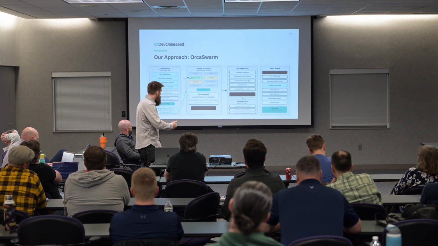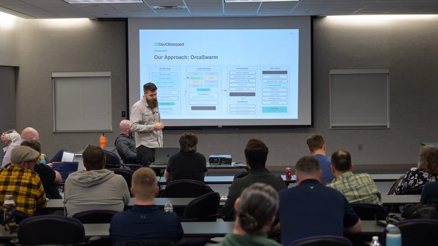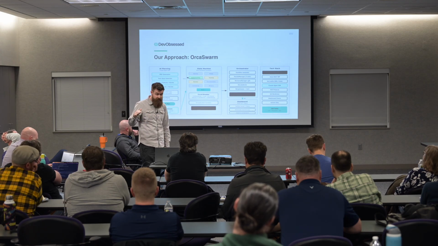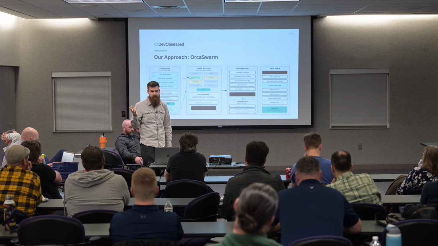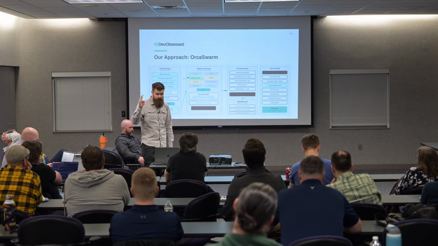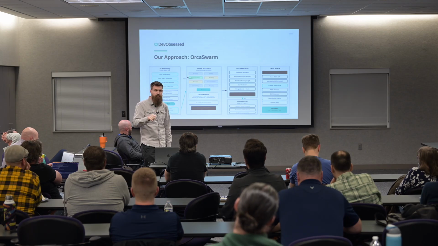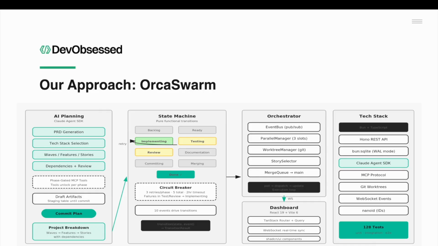So we have a structured planning process that does the PRD generation, the tech stack selection, and then it breaks it up into what we're calling waves, effectively epics. Waves feature stories, and then it goes through all the stories, figures out which ones are dependent on the others, does a review of that,